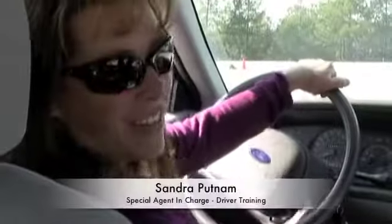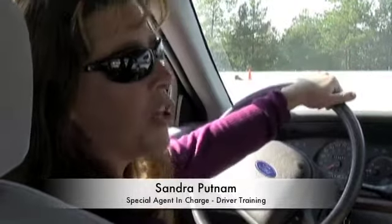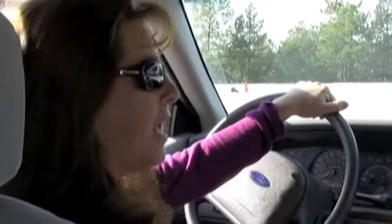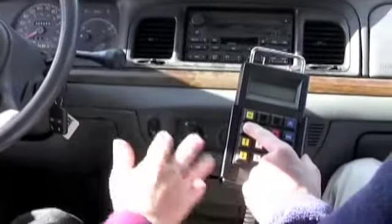Our skid car is based on a hydraulic skid car system. We utilize hydraulics to adjust traction control either on the front end or the rear end, and we have this little control box to do that. So as I'm driving,